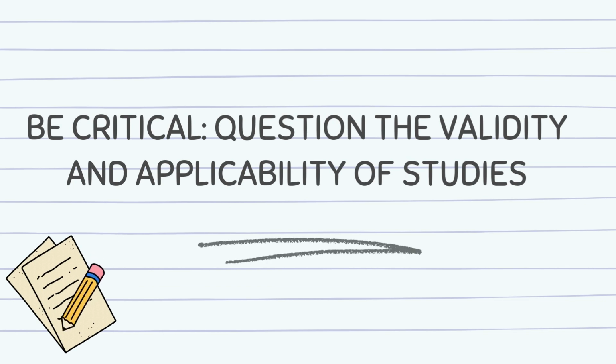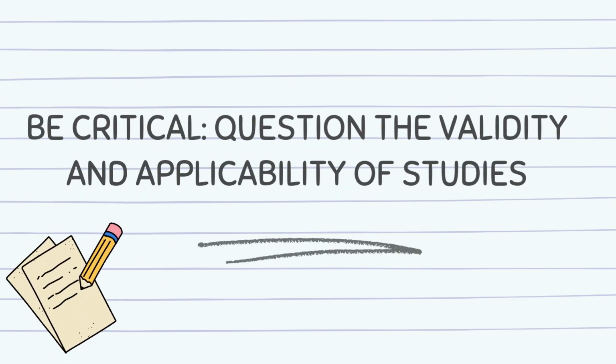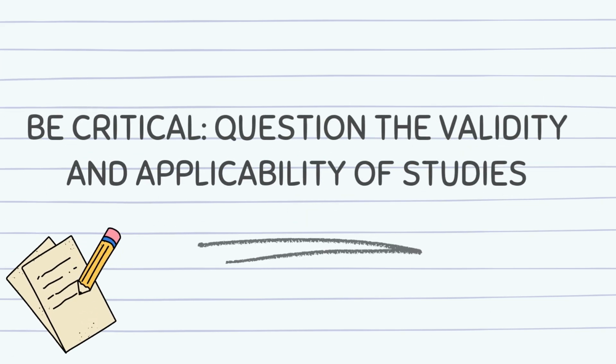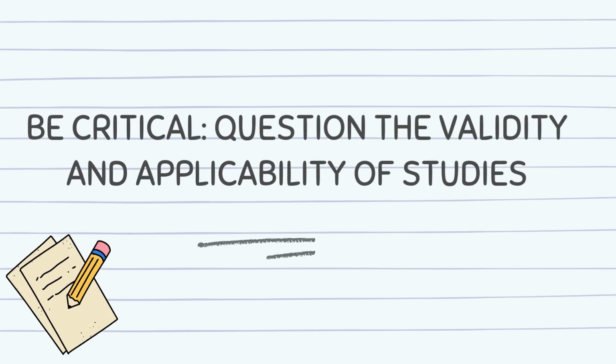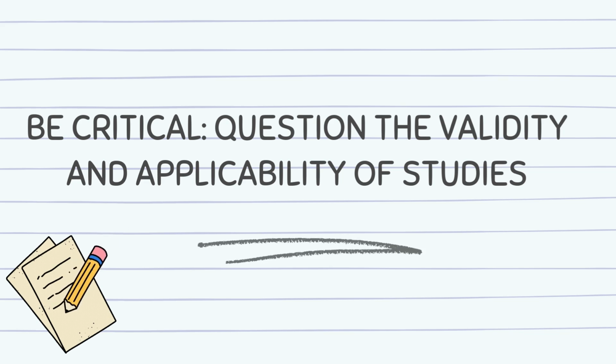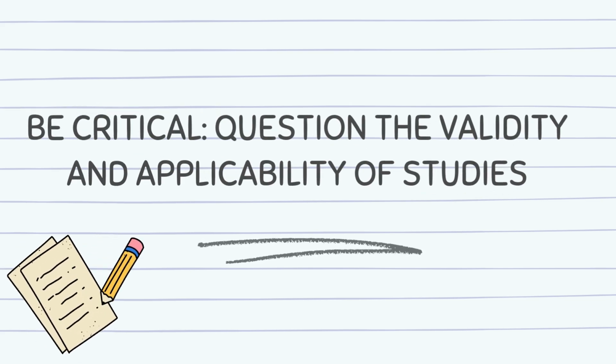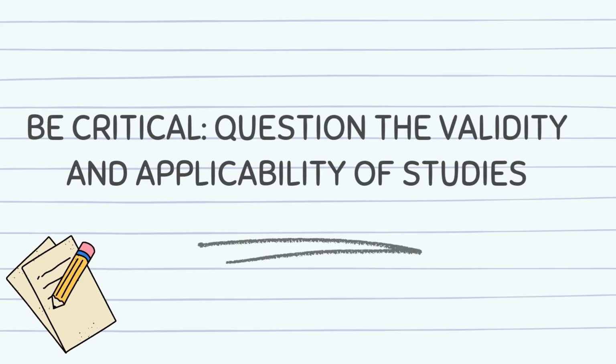Conclusion: the importance of critical evaluation. In Chapter 2, a strong literature review requires questioning, not just summarizing. Assess credibility, methodology, biases, and applicability. Compare conflicting findings and highlight research gaps. A critical review strengthens the foundation for your own research. By being critical, you elevate the quality of Chapter 2, ensuring that only the most relevant, credible, and well-analyzed studies